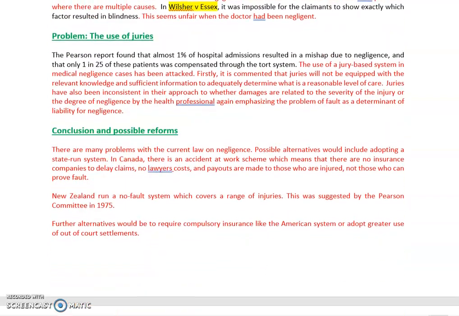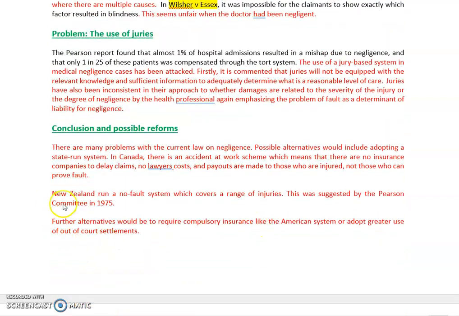And we're reaching our conclusion here that you might compare the situation here with Canada and New Zealand and compulsory insurance like an American